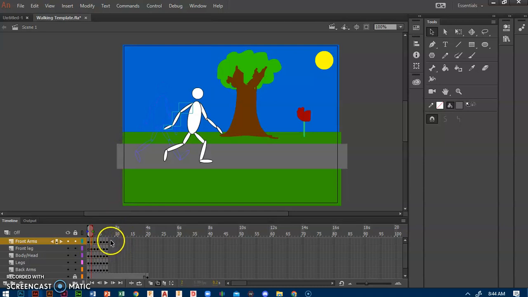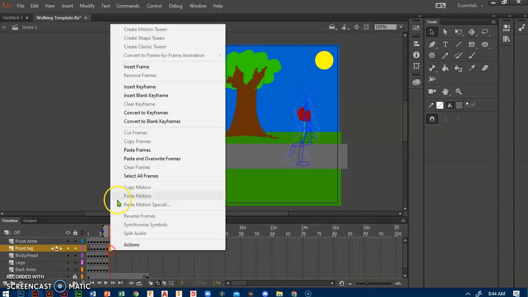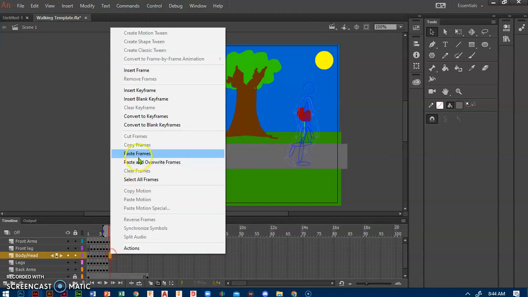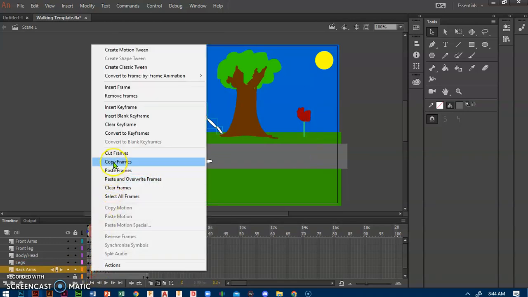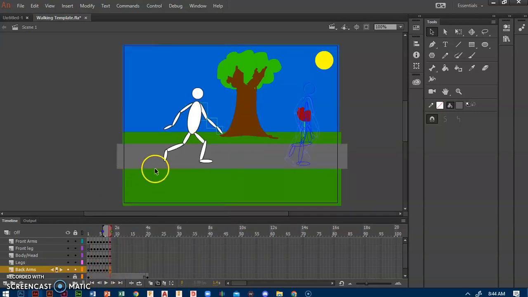Copy frame. Paste frame. Copy frame. Paste frame. Copy frame. Paste frame. Copy frame. Paste frame. Copy frame. Paste frame. Okay, and then click on the top, hold shift, click on the bottom, not the bottom most, but